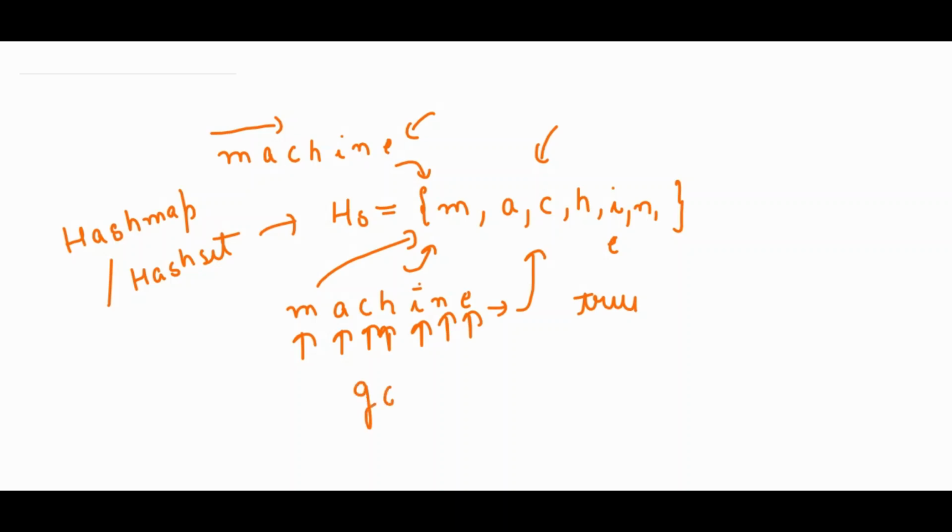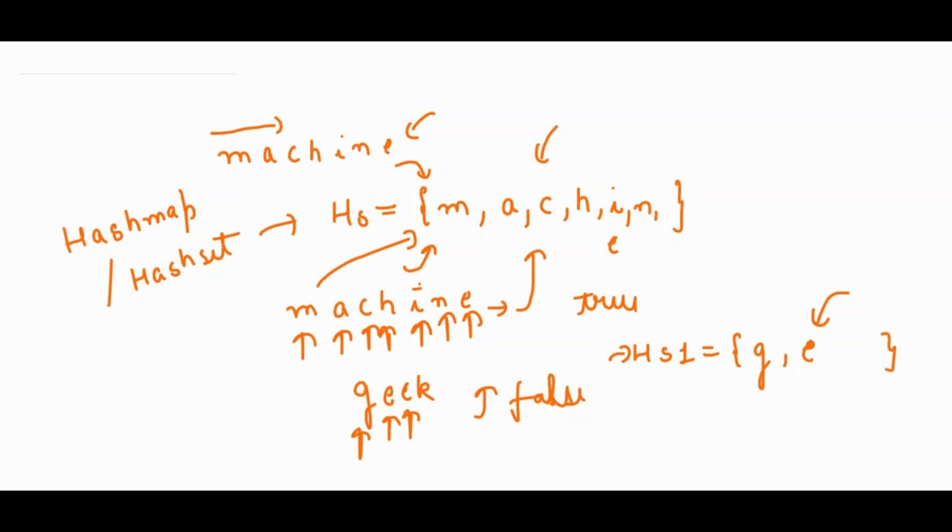Let's say I have geek as an example, and another hash set, HS1, let's say. Let's start traversing geek. So I have G here. I will put G in the hash set as there is no G present there. Then I will come to E. I will put E in here because no E is present already in the hash set. Then I will come to another E. Now as I can see there is one E present in the hash set, so I will return false from here as I have found E which is already present in the hash set. Right? So this way I can solve this question.